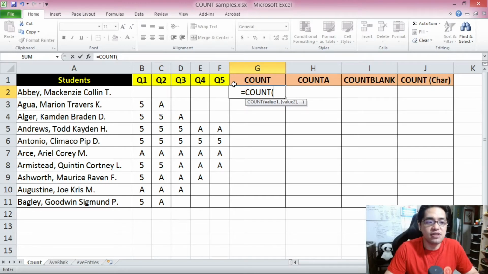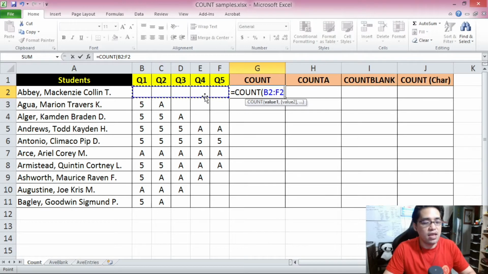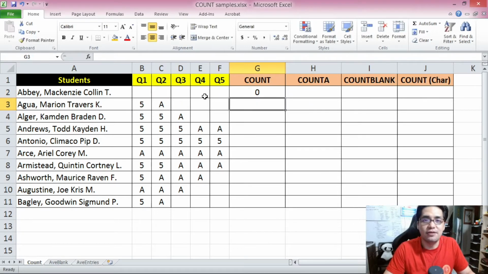and then you will notice that it's looking for values. Just like the sum function or the average function, you can enter the values as separate cell references, or you can do this as a whole reference range. So let's start with the reference range. So you can do this like so, and then close parenthesis, press enter. Now, when we did the count function on this range of cells here, you will notice that it has returned a value of 0. Now, why is that?